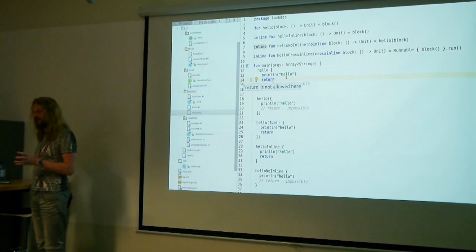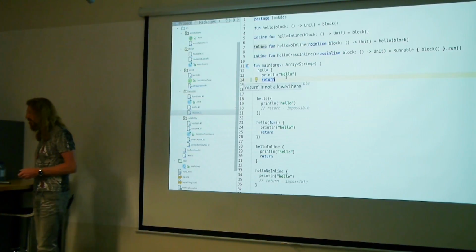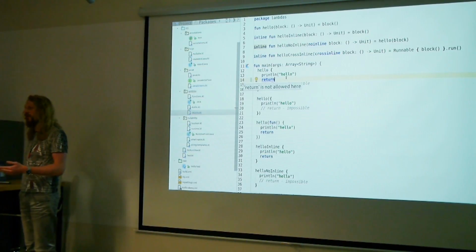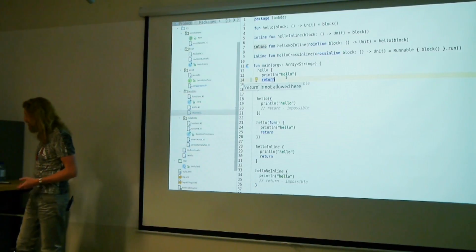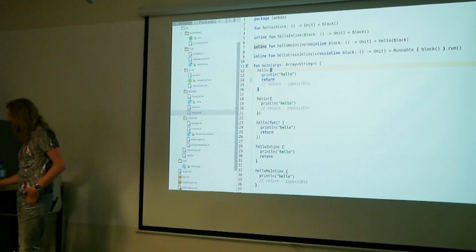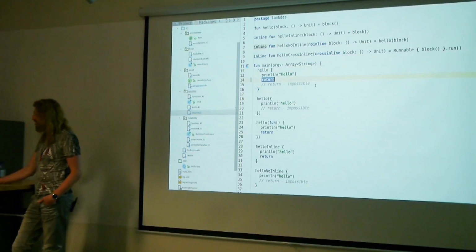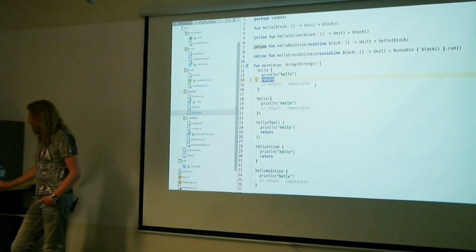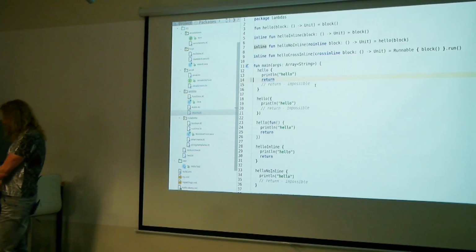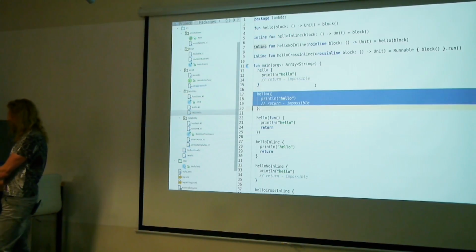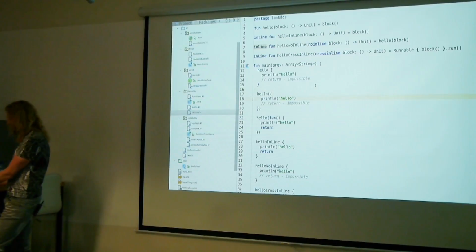In Java there is actually the same puzzler with lambdas: if you write return from a lambda, you forget that it doesn't return from the outer function, the outer method. It will actually return from the lambda. So here inside of a lambda you cannot write return, because it's not clear what it will do. The same here, because it's basically the same, just a slightly different syntax.